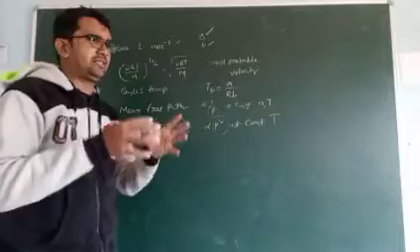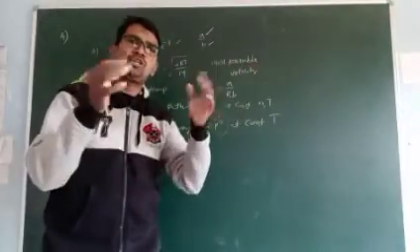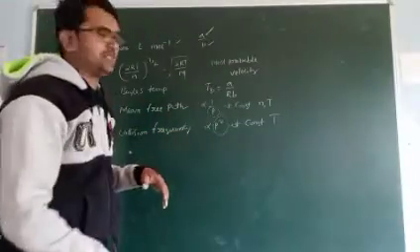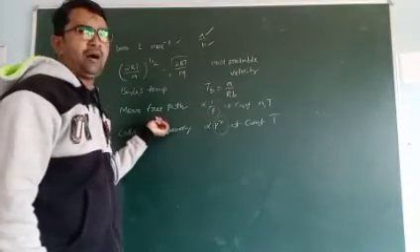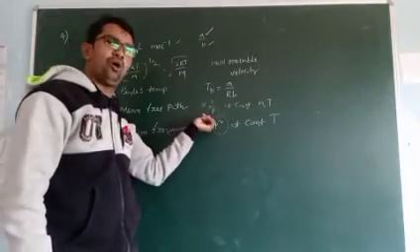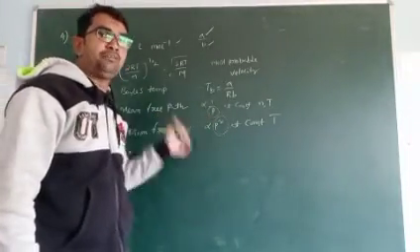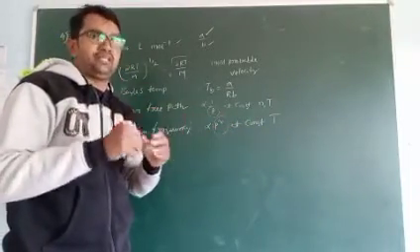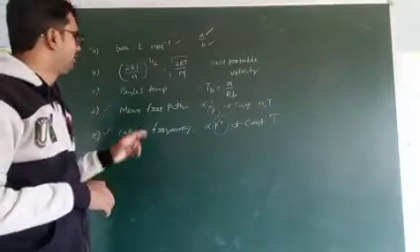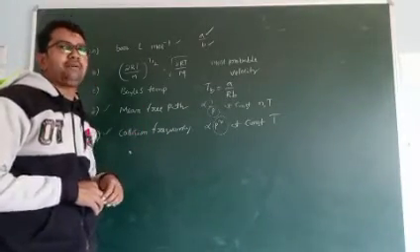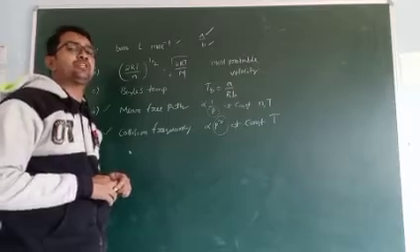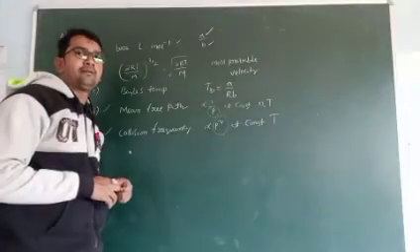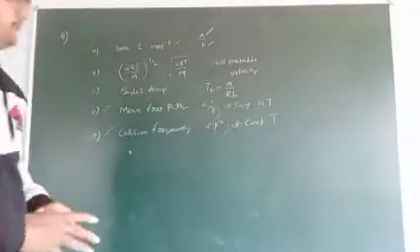Mean free path means the molecules' movement. That movement is very comfortable in the case of low pressure. If pressure is low, mean free path is high. If pressure is high, the molecules will come very close, and the free path is difficult. Okay, so this is about these two relations. Mean free path is inversely proportional to the pressure, collision frequency is directly proportional to the square of the pressure. Right?